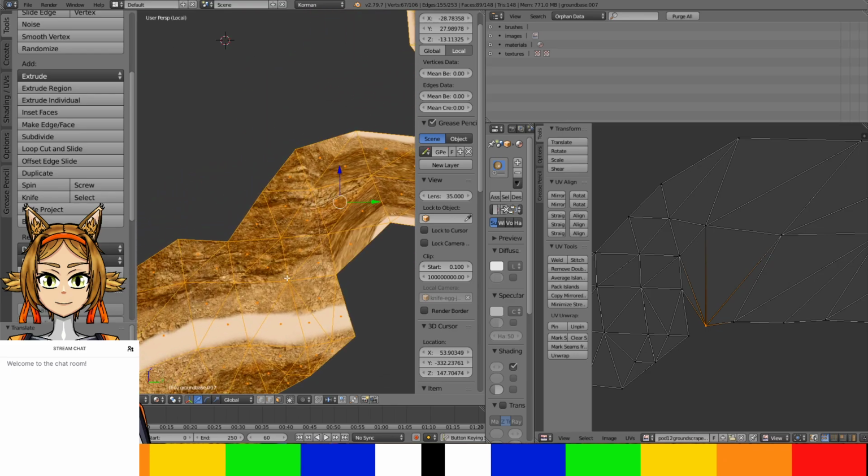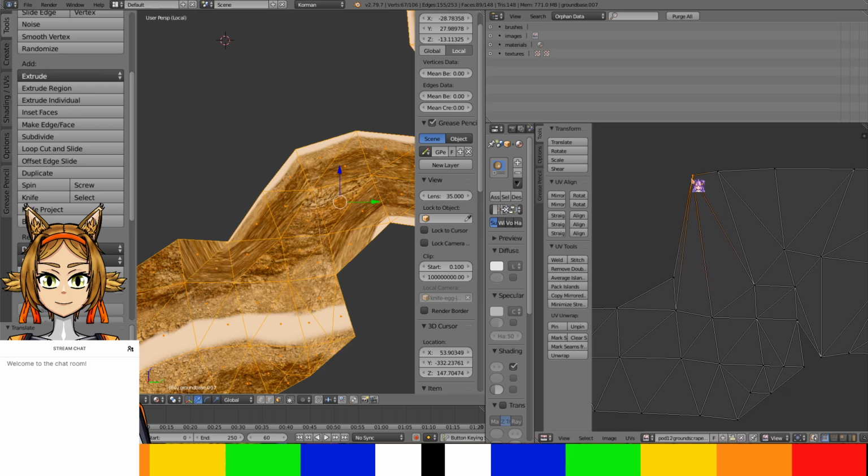Essentially, you can see what we're trying to do here: we're trying to take this long, unwieldy, bending ribbon, and we're trying to make sure that